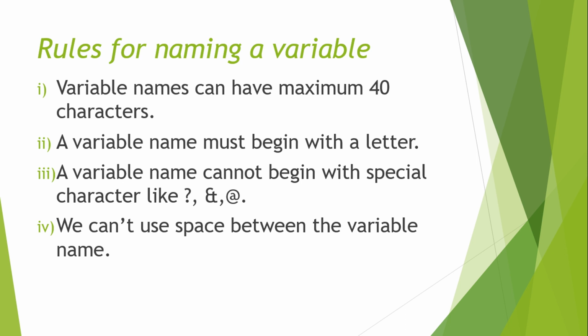Okay, but I advise you to write CP only, CP without any special character. C dot P, no, not C dot P, it's CP only. But if you wanted to write cost price, yes, you can write, but do not give any space in between. Okay, so these are the rules for naming a variable. That is very much important. There are some certain different rules also, but I have segregated them, and I have made a small quick set of rules that you need for now.